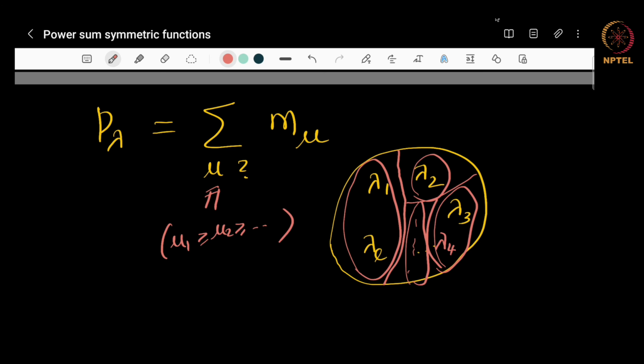The numbers in each class are going to be the parts of mu. You arrange those numbers in descending order, and that is your partition mu. You do this, writing the lambdas into classes in all possible ways, and every way of doing it gives rise